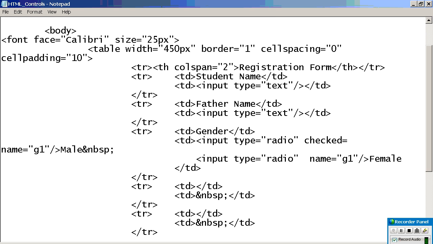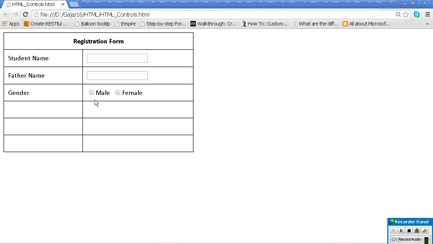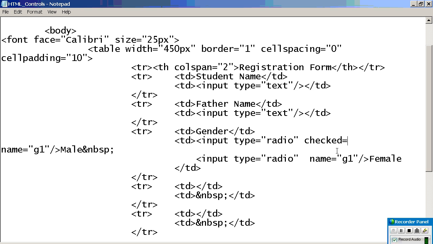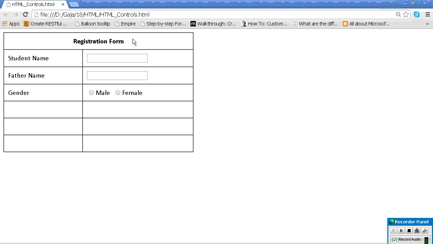You will not select, you will check. Yes or no? Select means from the drop down if you select, that is selecting. Then what are you doing? Checking. You are checking it. So what is the property? I want to use checked equal to checked. If I use this one, what will happen? By default, without my intention, without my checking, it is automatically checked.